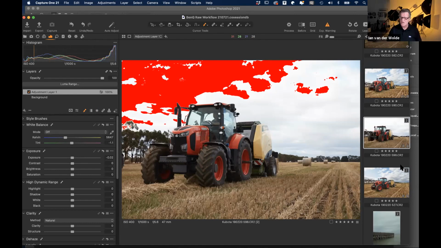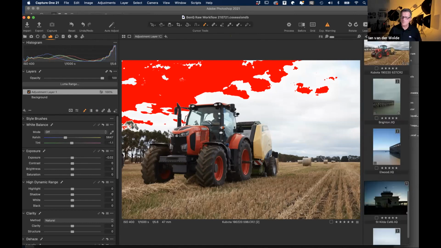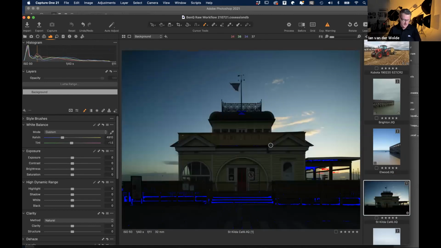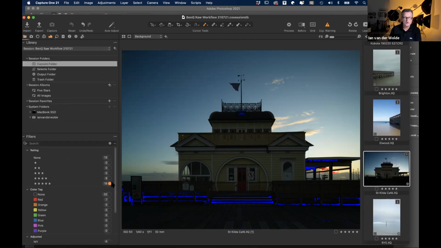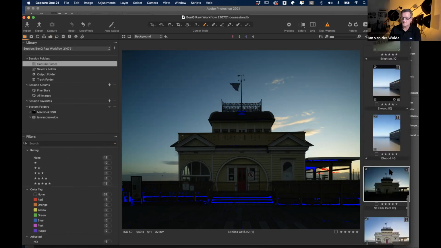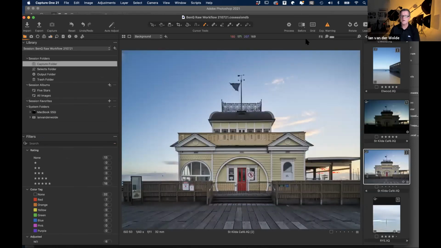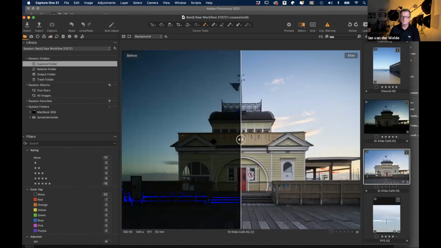I'm going to highlight or talk about the highlight and shadow recovery tools because I really want to demonstrate to you guys how powerful these tools are for working with your files. Now, if you're in Melbourne, you'll all recognise this. This is the St Kilda Pier. So I have taken this photograph, and just so that you can see, I'm going to show you the one that I've edited, which is the same file, all right? If I do the before and after,